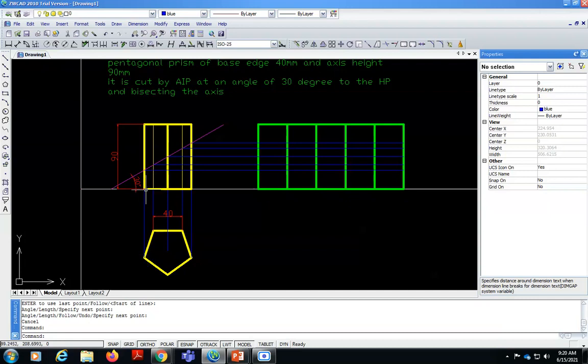So here also we will be having 1, 2, 3, 4, 5, and on the top surface A, B, C, D, E. Like this one is point A, this one is B, this one is C, D, and this corner is E.